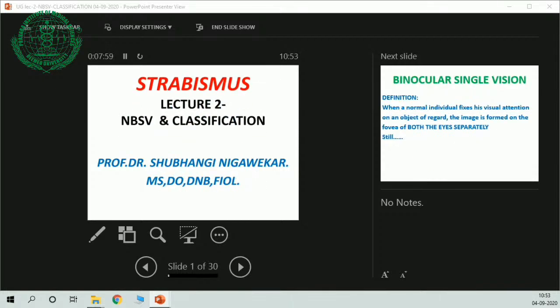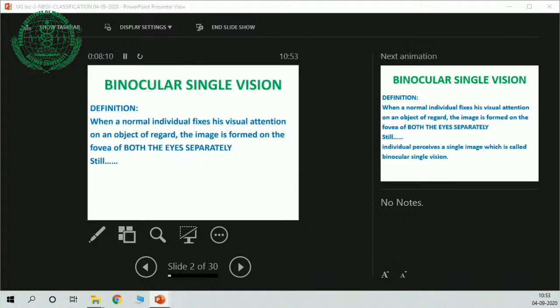Strabismus. Today we are going to deal with normal binocular single vision and the classification. That is today's topic. A few words to understand strabismus and its classification: we should understand what is meant by binocular single vision. Yesterday I already told you